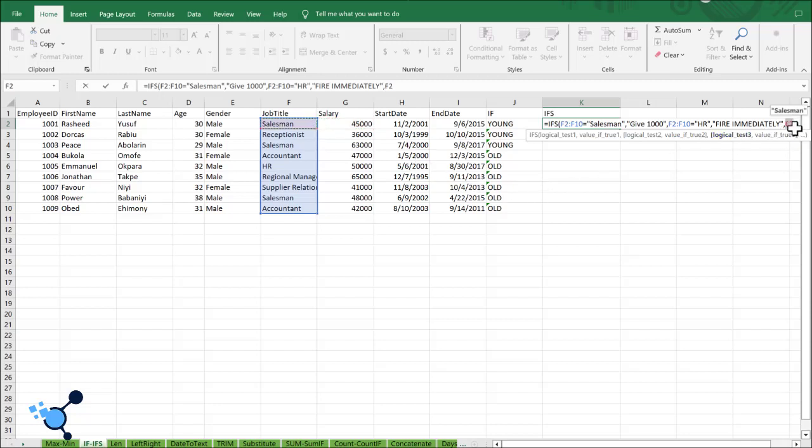If the starting point to the end point is equal to, let's say, accountant,